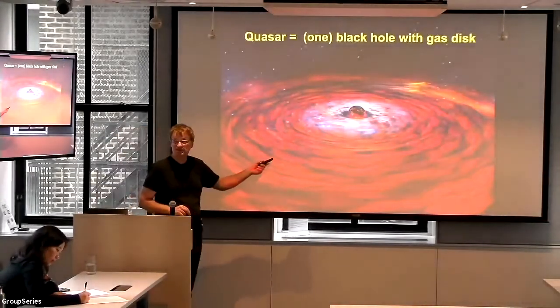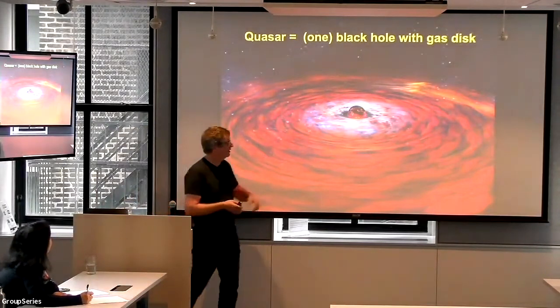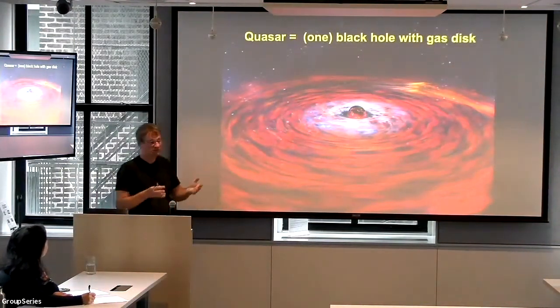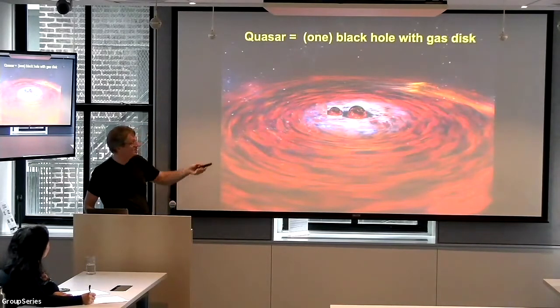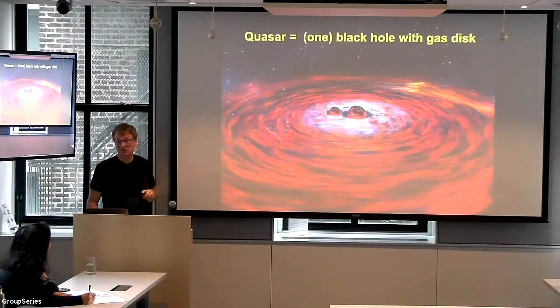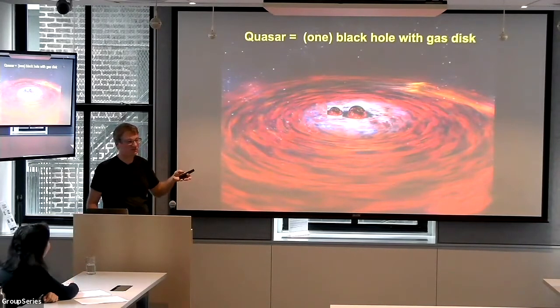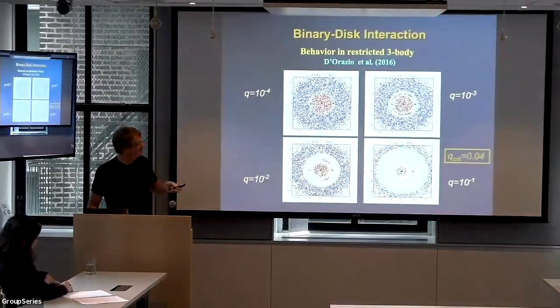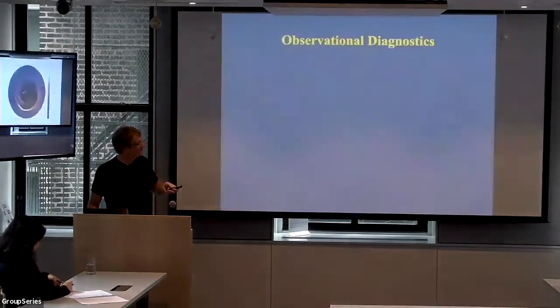This is the cartoon picture of a quasar. There's a black hole in the middle, and there's a very thin, geometrically thin accretion disk around it. And I'm just saying, well, suppose there's a second black hole. You should do the simplest thing, which is two-dimensional high-resolution hydro simulations. It's crucial to do a huge number of orbits for this system to settle to a behavior that's quasi-steady state. So we've been doing this, and I will skip most of what I wanted to say